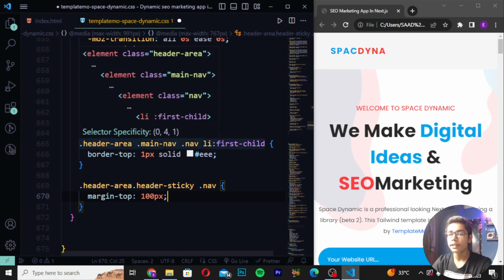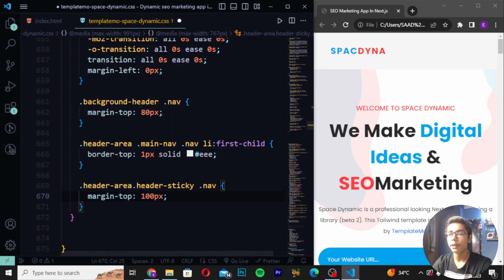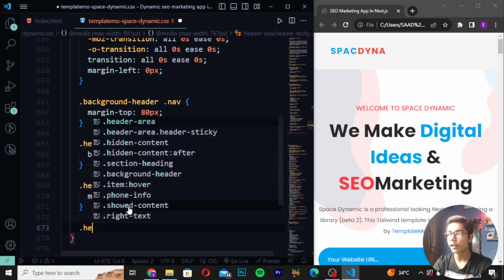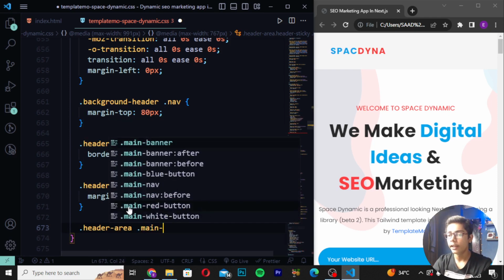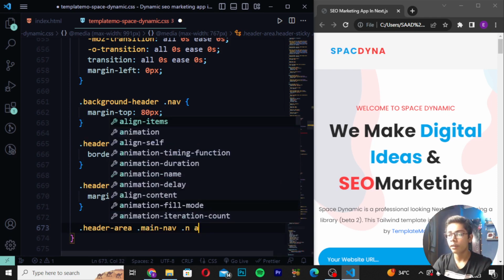Now you can see we have just set its margin 100 pixel, and at the top of the background header we have given the margin top as 80 pixel now. So when you've just done with all this stuff, you have to now simply move down and create here header area again, write here main nav and write dot nav again, and now we have to style the li